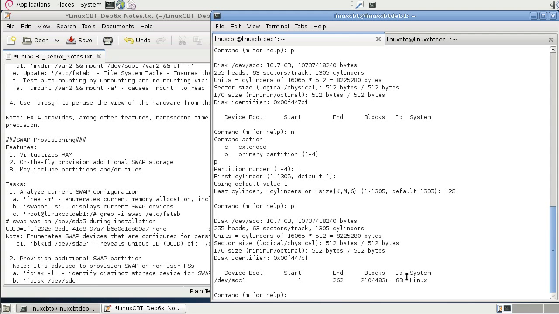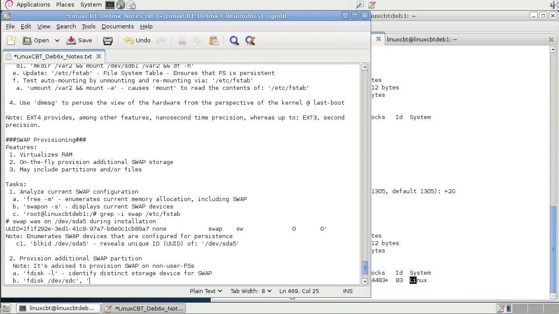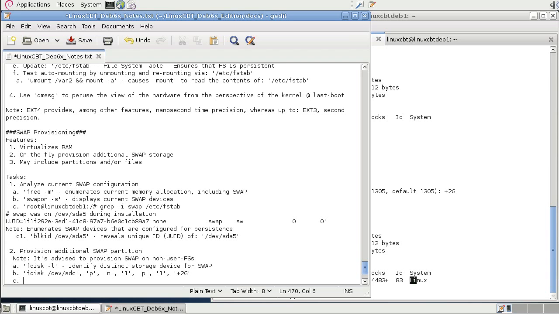By default, when you use fdisk, partitions that are created are of type 83 or type Linux. This is not the proper type for swap. The swap type is a different type. So let's just note, we printed the partition table, we created a new item, we labeled it number 1, the fact that it's primary, and once it's created, indexing it at 1 and terminating at 2 gigabytes, we then need to flag it. So the next step is to flag the partition,